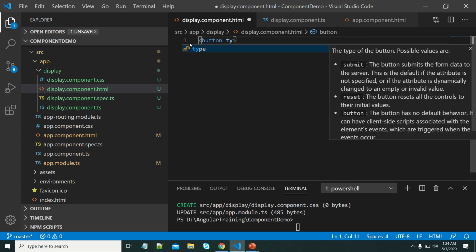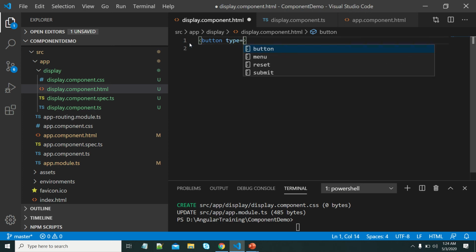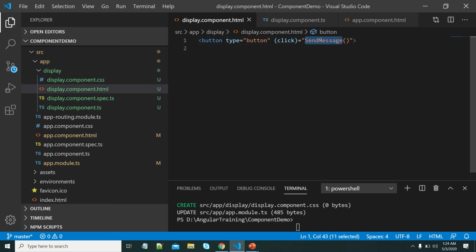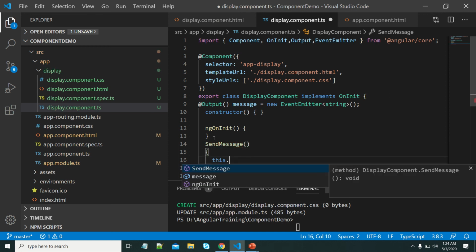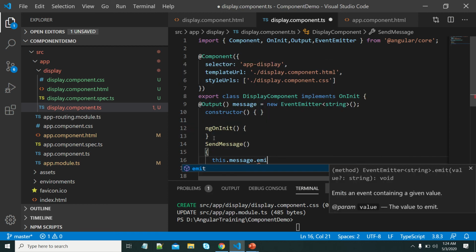For the button, let me write a click event where I can write a method. This send message method emits some value to the parent component. We need to use the this.message.emit method.